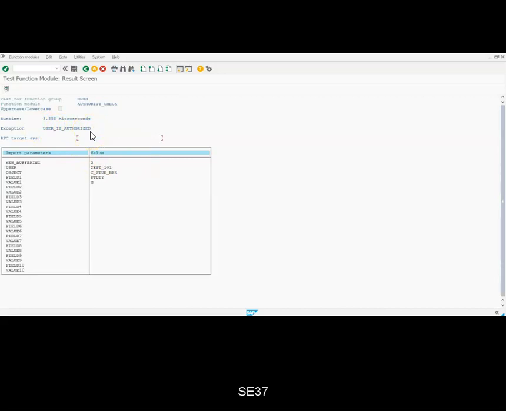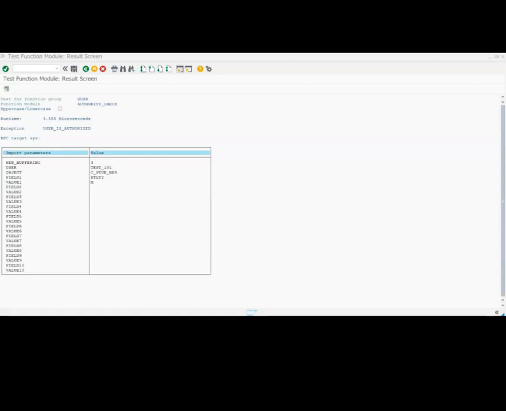That means when you are using this report, now we can allow the report to move on to the next steps. So I have explained how in any custom report the authority check will be performed. Whenever we write the functional specifications, it is always better to include the authorization check.